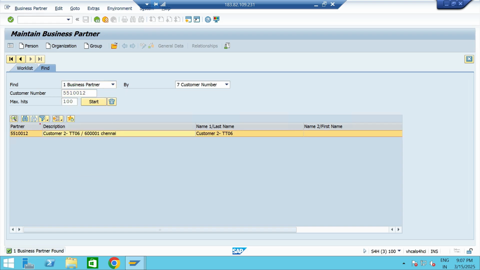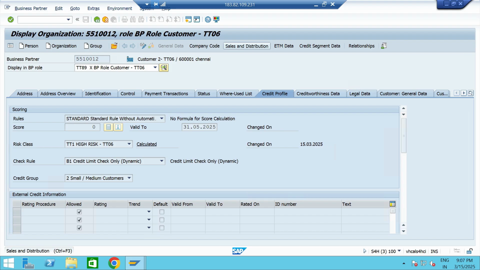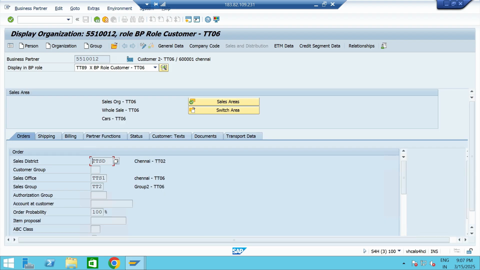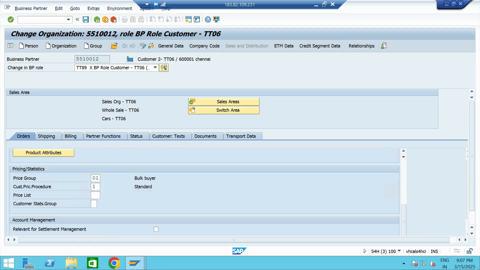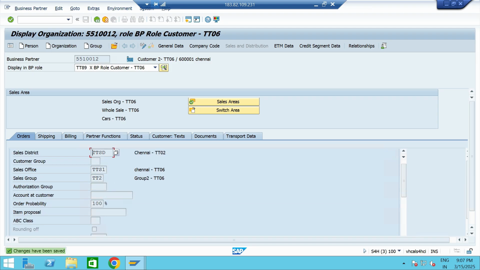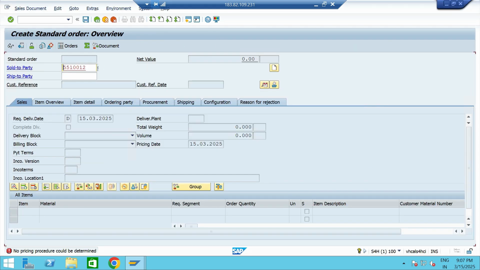and double click. So go to sales and distribution and change the display to edit mode. So here you can select the customer pricing procedure TT and save the customer master. So then go to sales order, enter. So now again go to VA01,